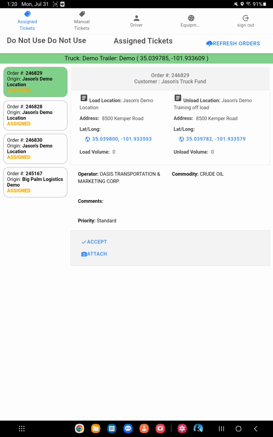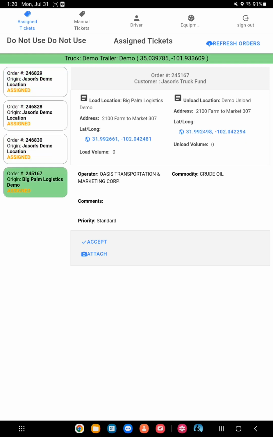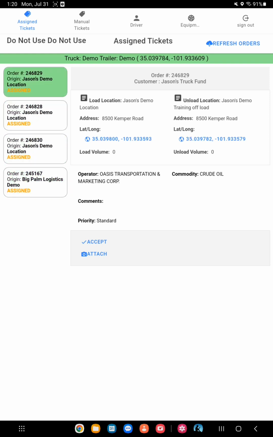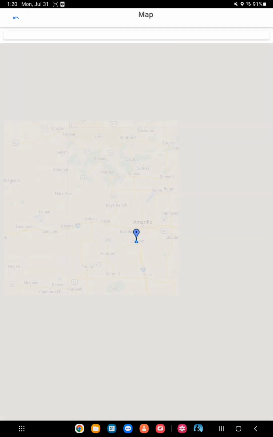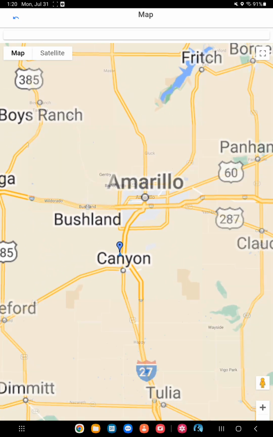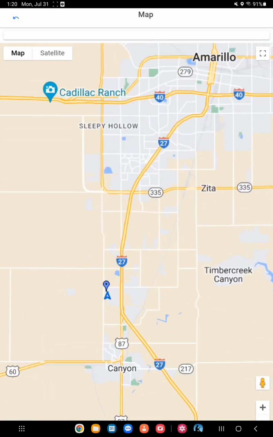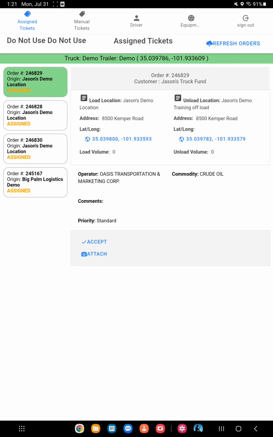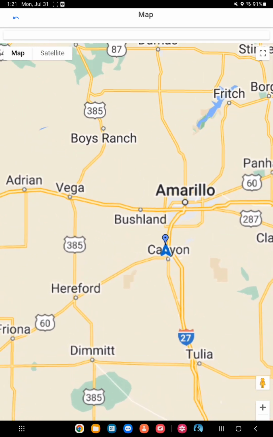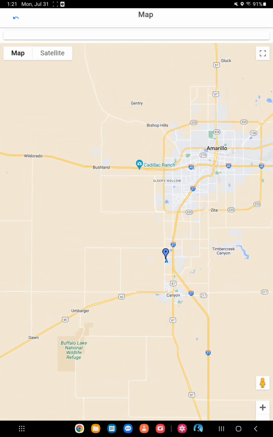So what I'm going to do is right here, we have our 4 leases that we can pick from. We have the name of the lease. In this case, it's my demo load and my demo offload. We have coordinates of that, so we can tap on that, and we could see the coordinates of where that's at versus where I'm at. And same thing with the offload. In this case, the offload and the lease are at the same location,